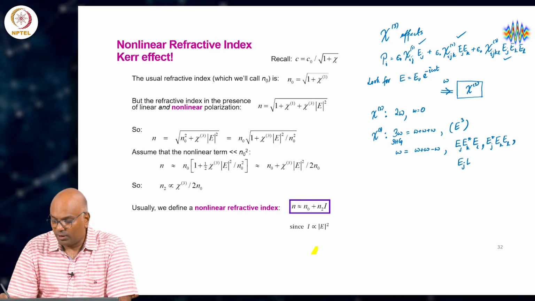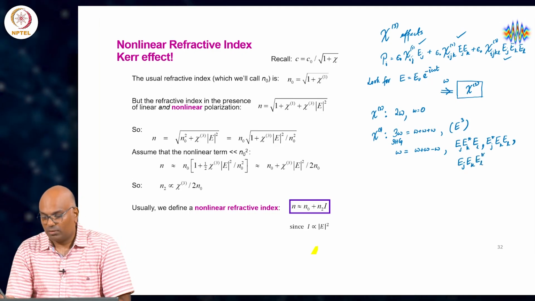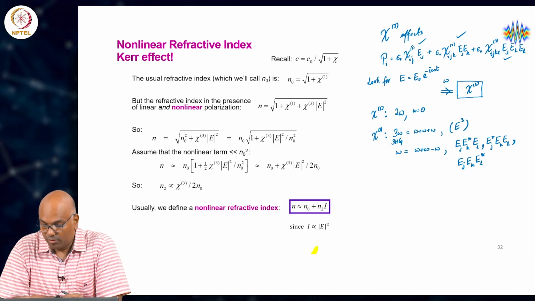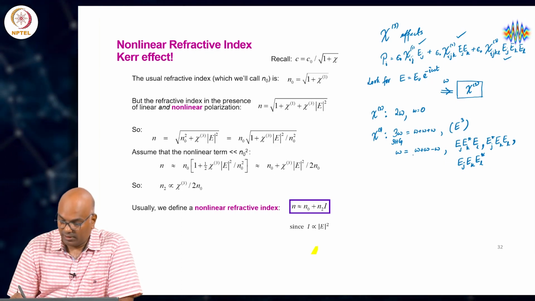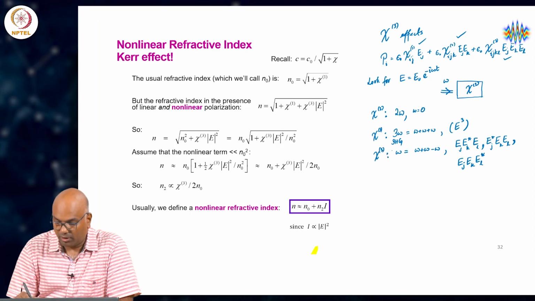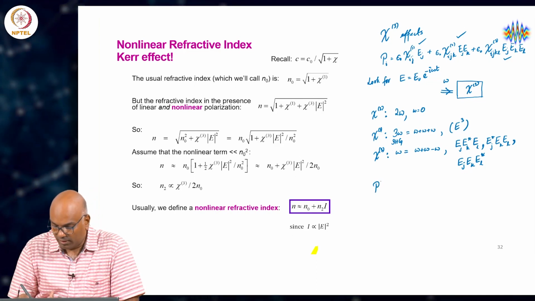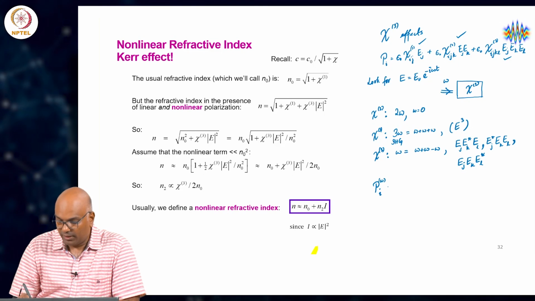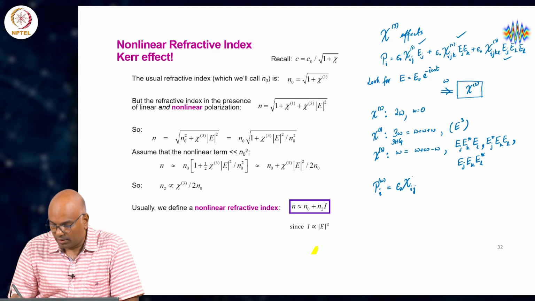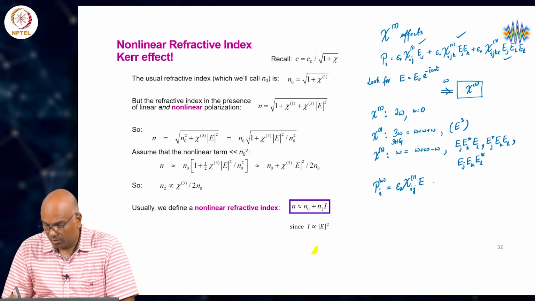So, all these product terms will give rise to the term which is oscillating at omega, but its coefficient is chi3 and not chi1. Okay. So, now if I consider the polarization oscillating at frequency omega, I am left with two terms in this expression which are of the type